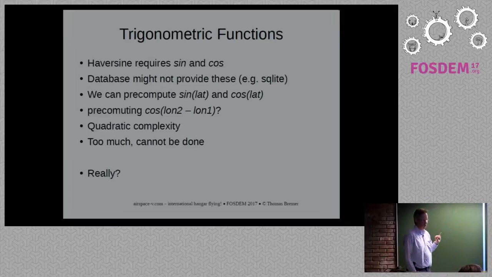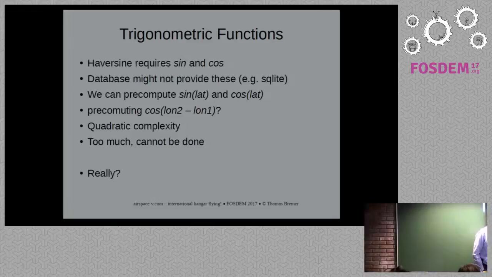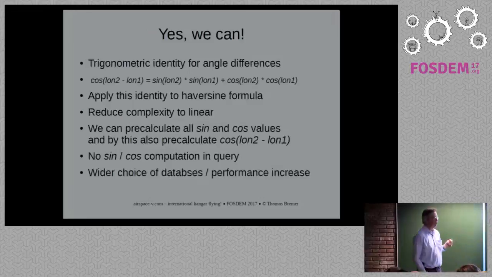To put these into a table, you have to put it into a table for each combination you have in the database. So this means you get quadratic complexity. For some 50,000 airports, you get more than 2.5 billion items to store, and each is at least 2 times 4 bytes, to get reasonable accuracy. This is quite a lot, and it's too much. Is it really? Well, there was this, I said, yes, we can,